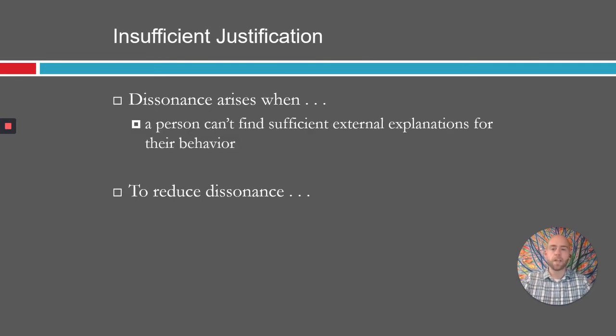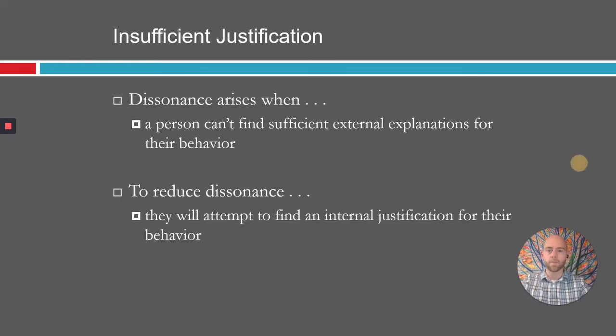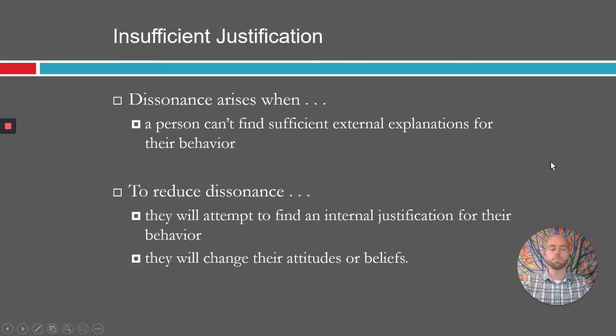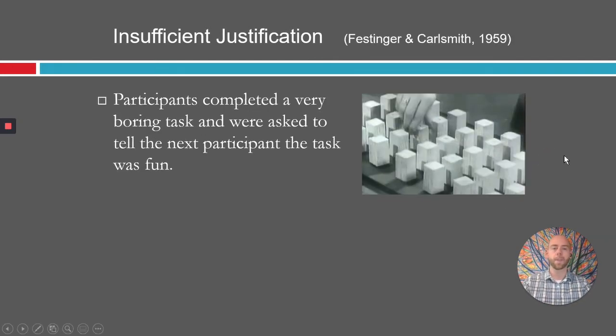This one basically says a person might have engaged in a behavior and they don't really know why. Maybe it was something negative, maybe it was something out of the ordinary, but they're looking around and there's nothing situational that's leading them to engage in that behavior necessarily. So they want to figure out, well, why did I do that? And generally, a way you can very easily do that is think of an internal justification. Hey, nothing was forcing me to do this. I must have wanted to do it, or it must fit with my values in some way. And doing that is often going to involve adding a cognition or changing a cognition or a belief to make things consonant again, make them fit together.